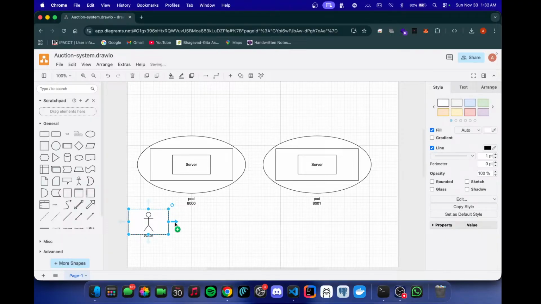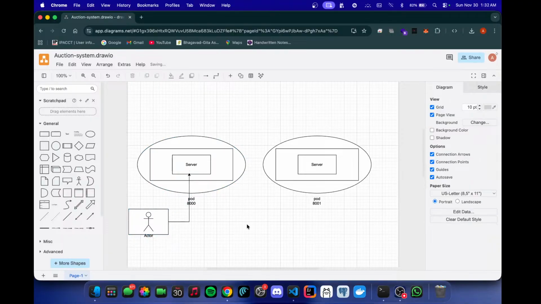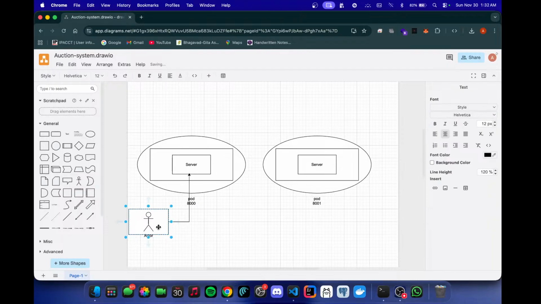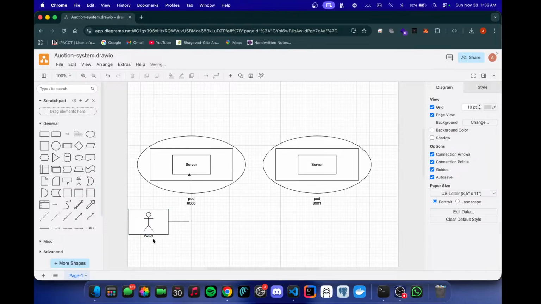We are accessing this pod, or rather this server, from a client which is directing us to